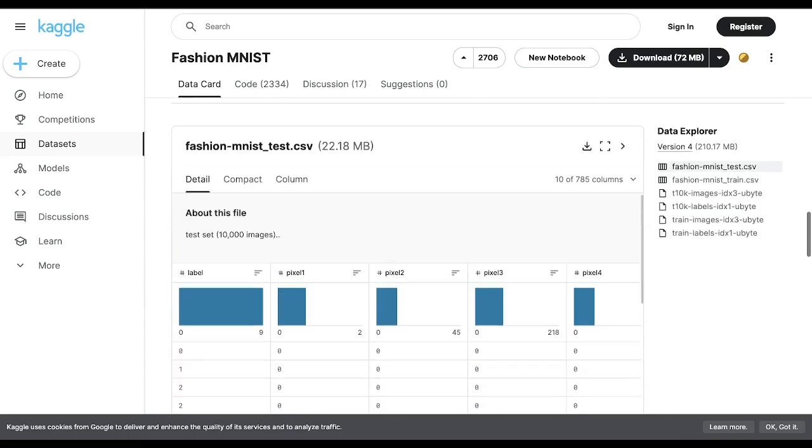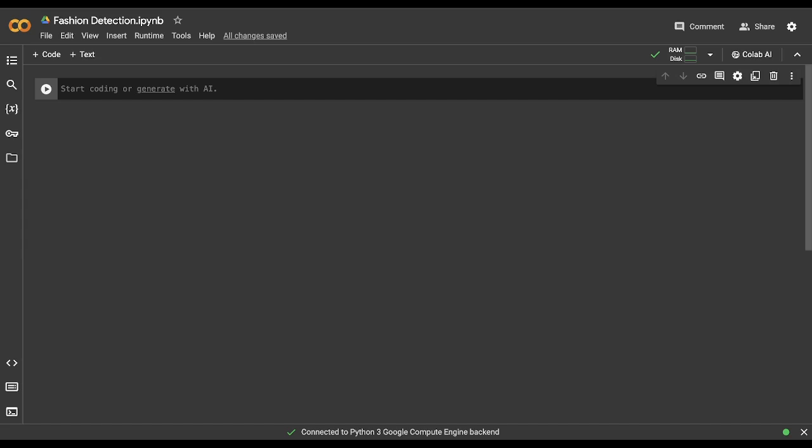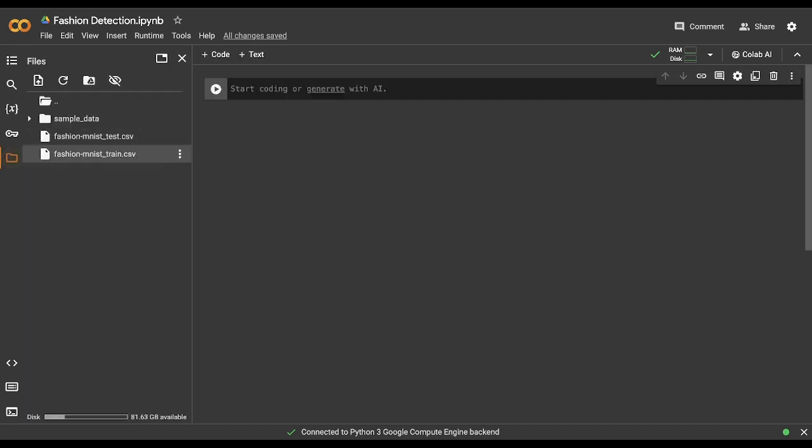And when you download this dataset, you get a folder in which you have a train dataset and a test dataset. So you are going to use the train dataset, and then you will validate your model on the test dataset. So you don't require any train-test split here because you already have both datasets provided to you individually. Now that I have downloaded this dataset, which is 72 MB, I have loaded it into my Google Colab folder, as you can see here.